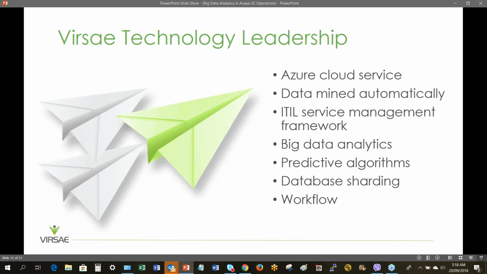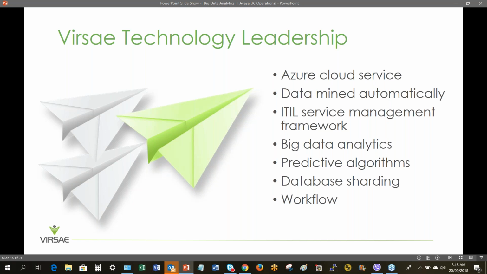We're applying our big data analytics there and our machine learning to that. And a real huge advantage there is that if you're data scientists, the guys that are creating the ability, doing the AI, if they can understand UC or have access to people that understand UC deeply, they understand what they need to search for. So having an understanding of how these environments fit together is really crucial.